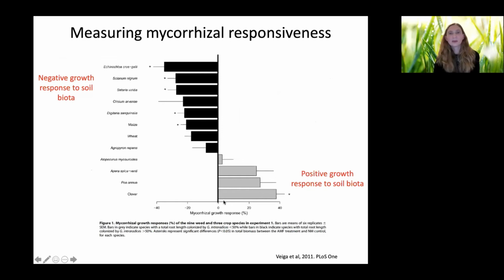And then what we do is we measure plant growth response to mycorrhizal fungi, or mycorrhizal responsiveness. And so this is typically the way the data are shown. Here we have the 0 line in the middle is no growth response. Here we have plants that have a positive growth response. And then here we have plants that actually grow worse when they're inoculated with mycorrhizal fungi compared to controls. And this again could be due to the plants investing carbon in the fungi and the fungi not returning nutrients in return.